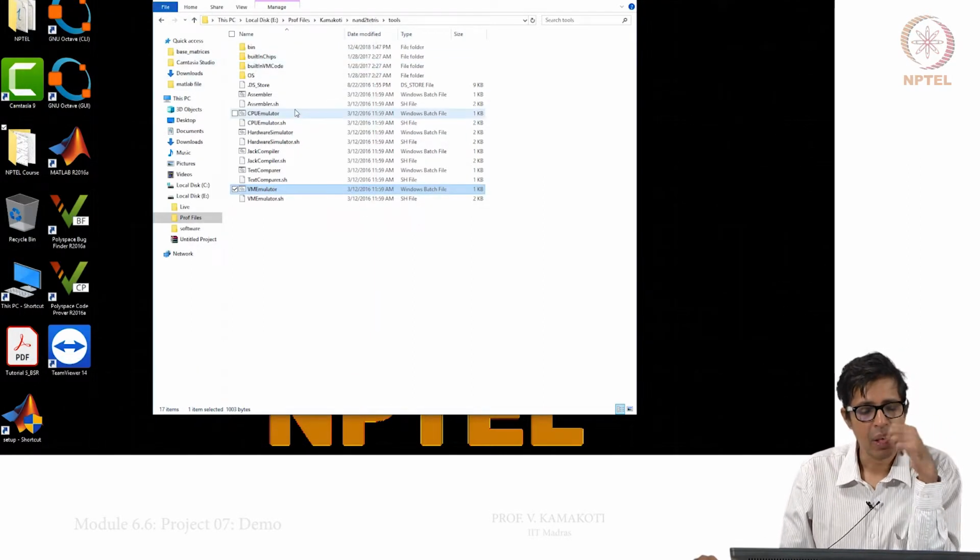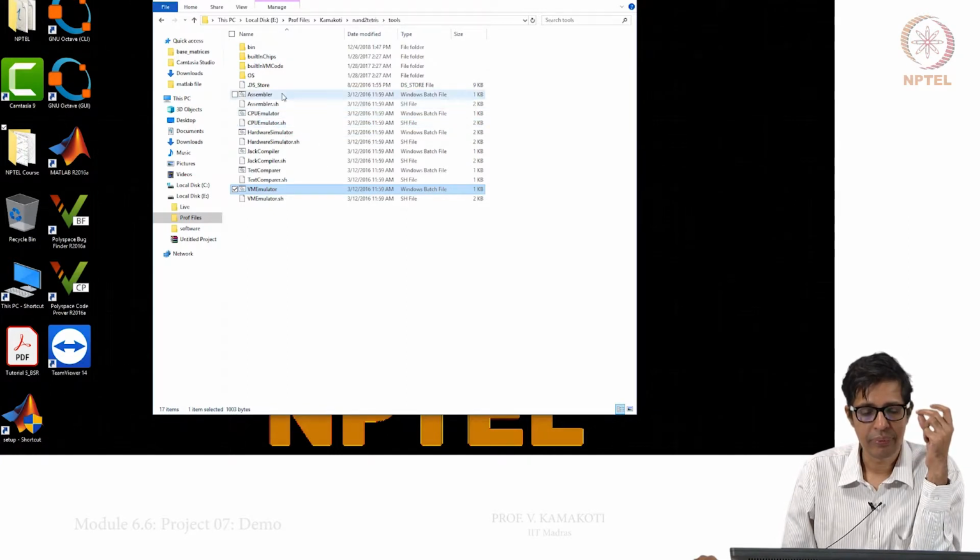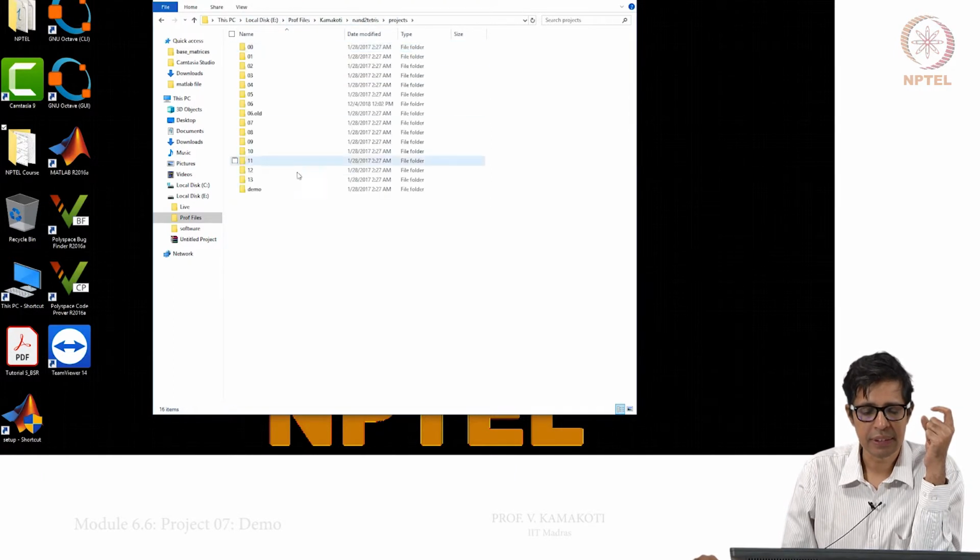Okay. So, now we will go and show some execution here. How do we do this execution? Now, we go to this Nand to Tetris.